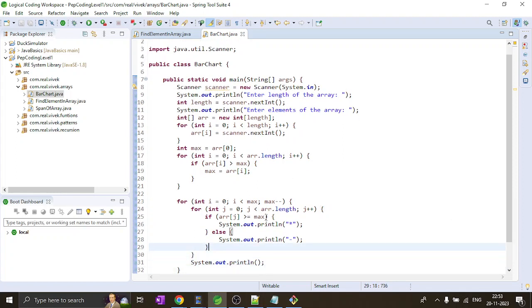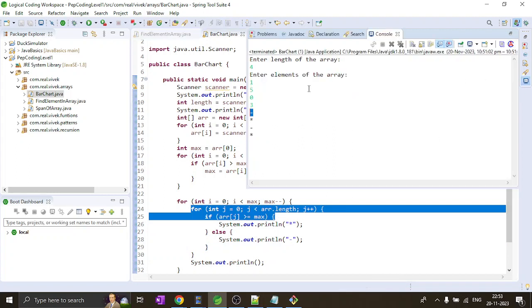So what this will do is iterate horizontally. It will print star or hyphen. Okay. Then